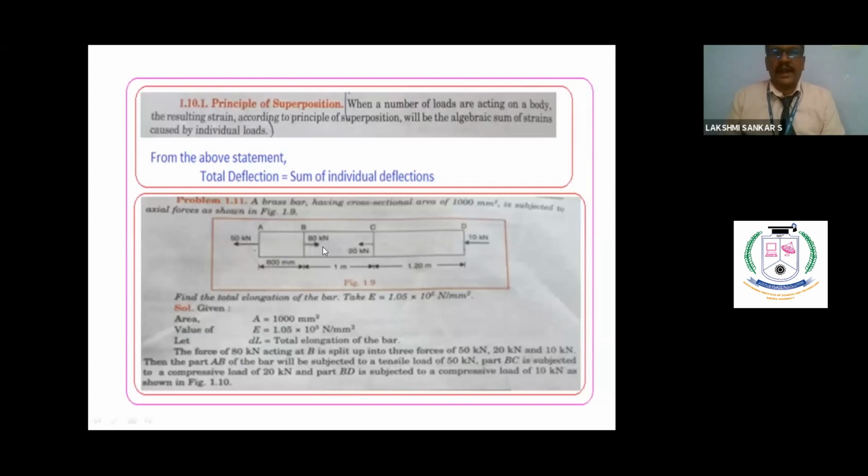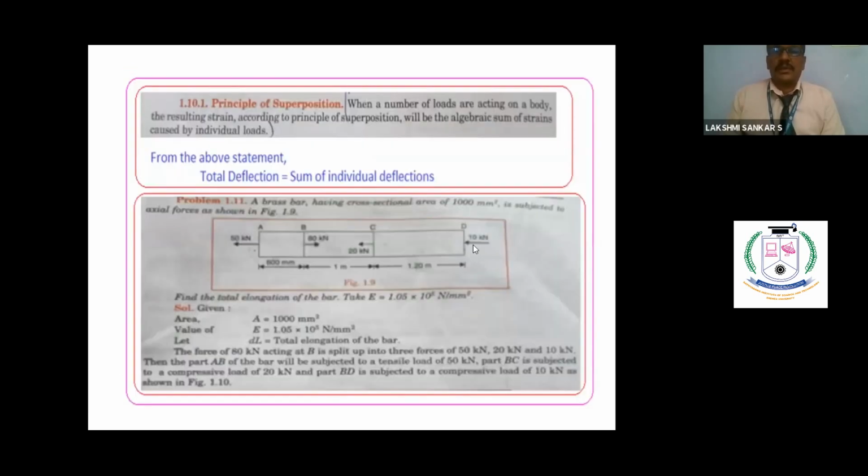Okay. Come back to the last section CD. At this point, 50 acting left, 80 acting right. Therefore, minus 50 plus 80 minus 20. So net is 10. 10 is acting right hand side, positive. Therefore, I am just mentioning 10. Here you see the other one. The last part is 10 kilonewton acting left hand side. Therefore, it is minus. Minus means acting left hand side. Therefore, even though the member is experiencing complex loading, the top portion AB is experiencing tension, BC is experiencing compression, and CD is experiencing tension.